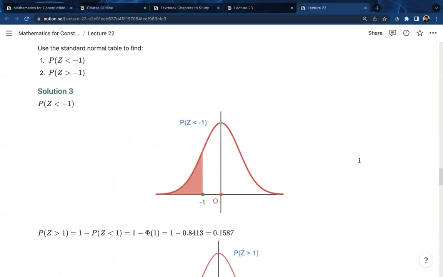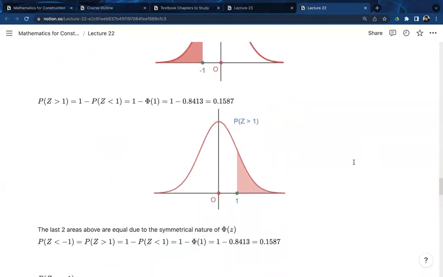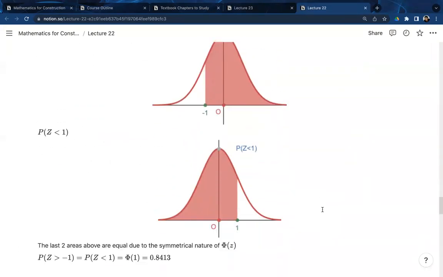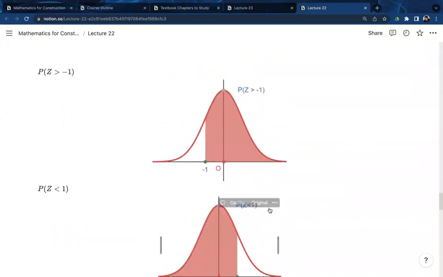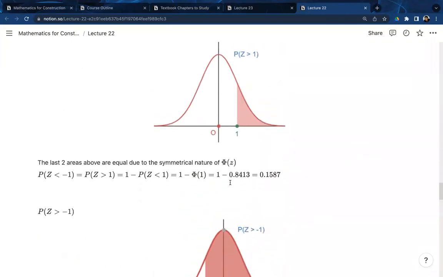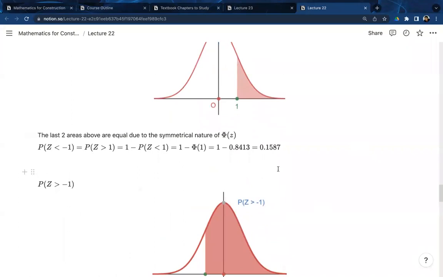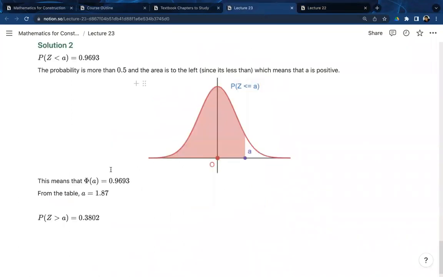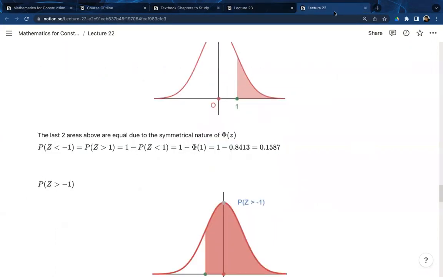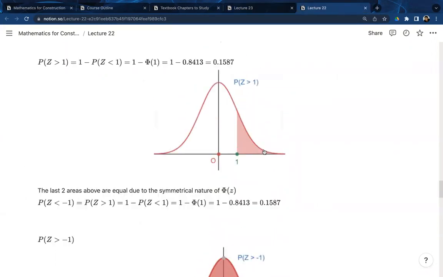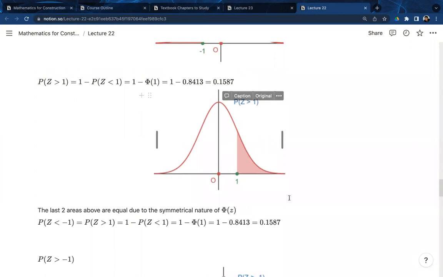The area to the right, so forget about this one, is this one here or this one here? Sorry, the area to the right, okay? So it's these two diagrams here, the area to the right. But the area to the right is a small value, less than 0.5. So that can't be this bottom one, that had to be this one here, right? The area to the right is less than 0.5, meaning less than half the curve. So this is a possibility here that we want to get at,